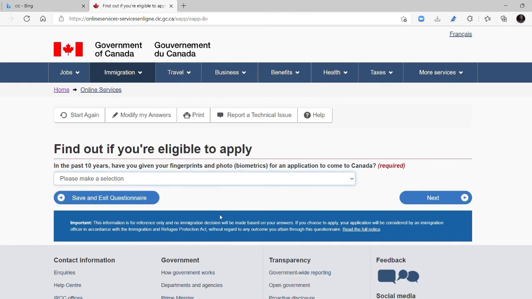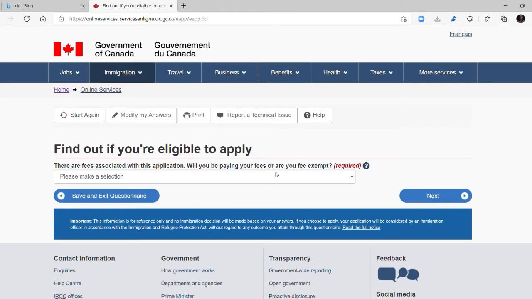So I've never taken any biometrics before. If you have taken biometrics, you pick yes. So yes, we say you'll be making your application fee,